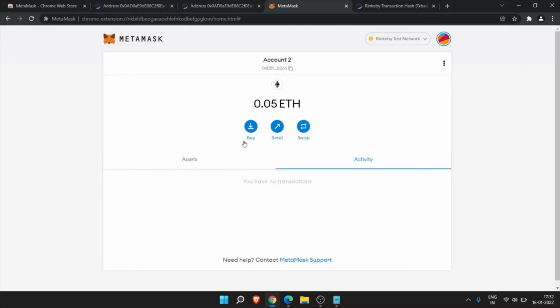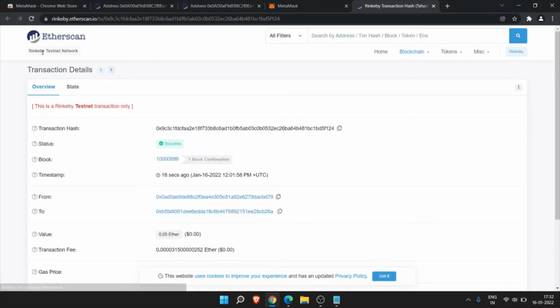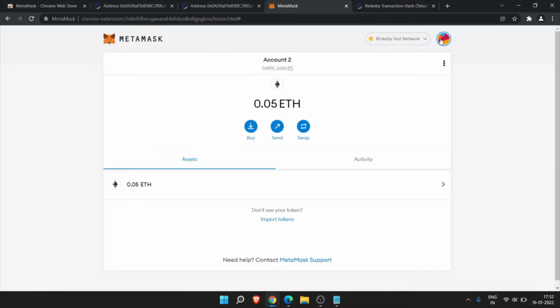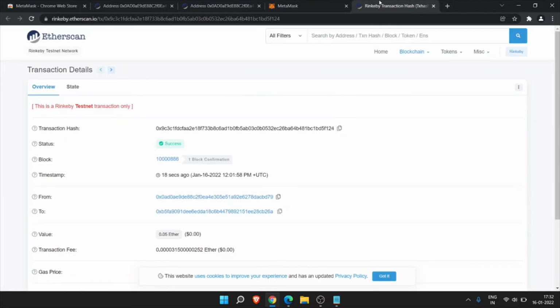You can see account 2 has been created with the ether. Now just check. Yeah, it's successfully completed, right? You can also see the gas fee, which is extra on top of the amount.